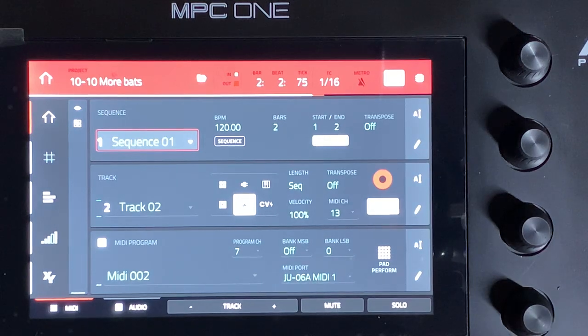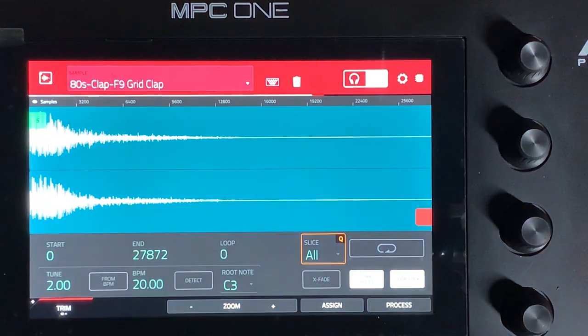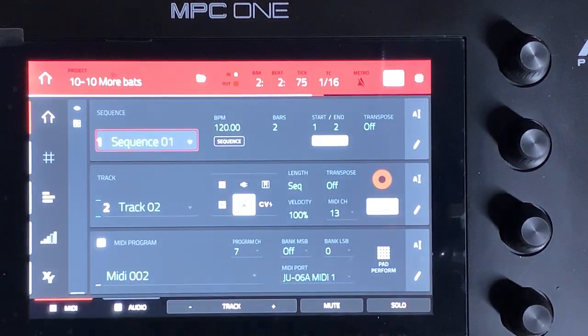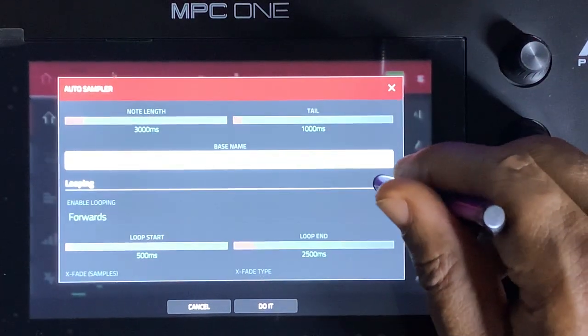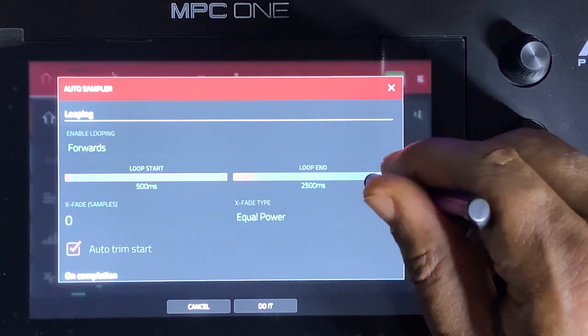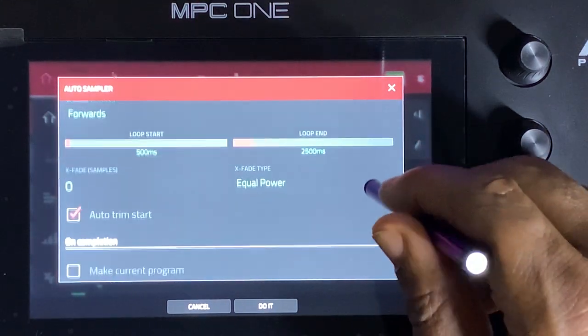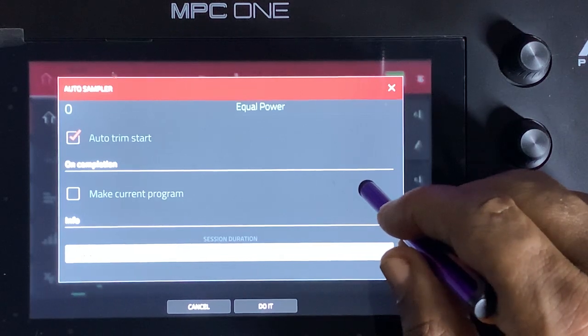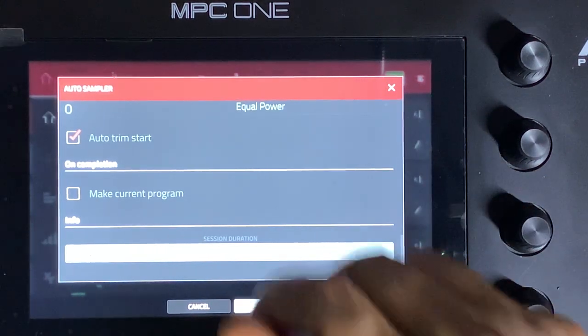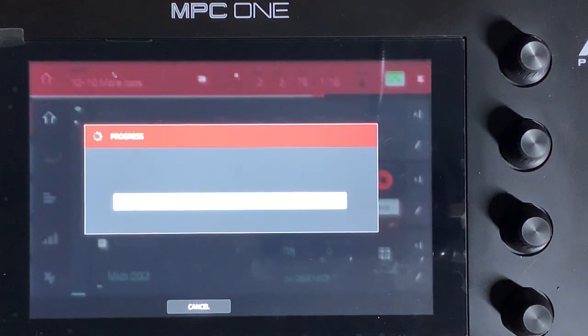Oops, I don't want to be doing that. Sampler. That bites. Sample. Key group. Looping. I think I'll leave it on looping. Loop start. Loop in. Auto trim. Equal power. Make current program. Info. Do it. Okay, so now